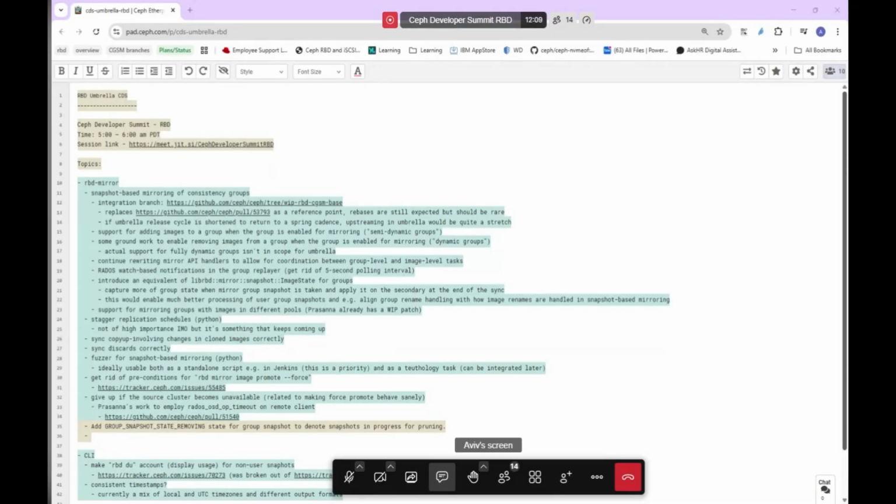Mirror API handlers here include calls like group promote, group demote, also adding an image to a group when it's supported in the mirroring scenario, removing an image from a group, resyncing the group, and so on. All of these APIs, except for enabling mirroring on the group,